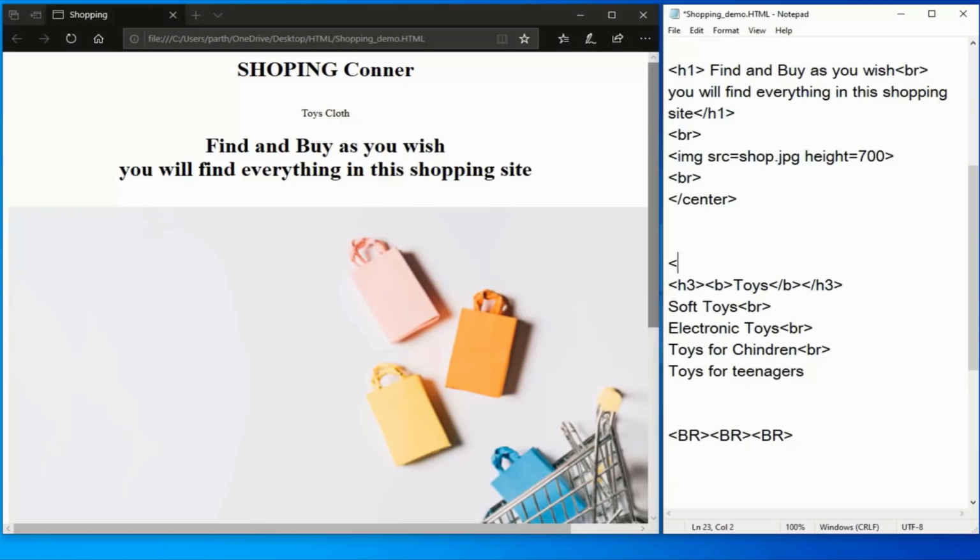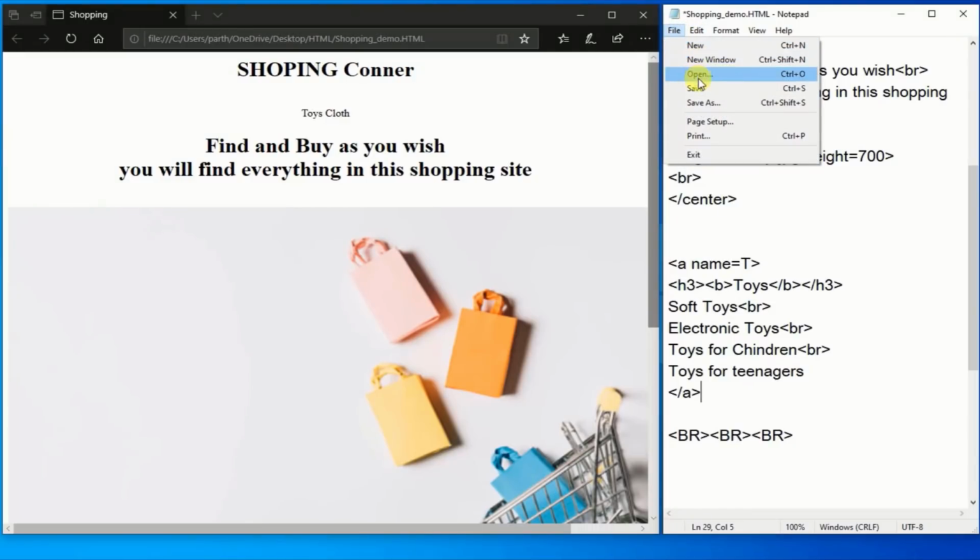Give the value of the name attribute t. Remember one thing, you have to pass the same value in href and name attribute, but in the name attribute don't give any hash, just pass the value. After that, at the end of the toy section, close the anchor tag.